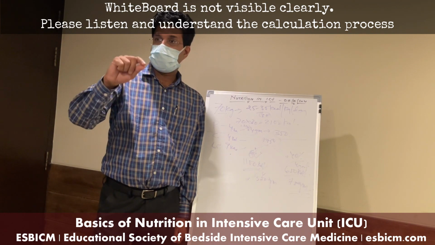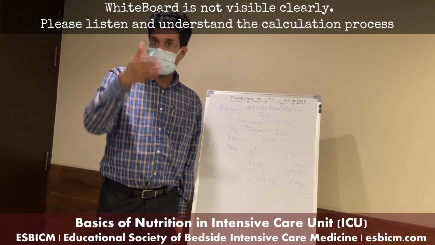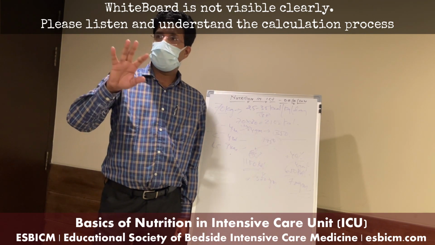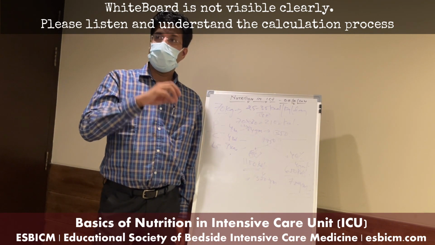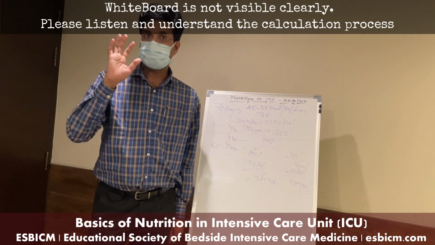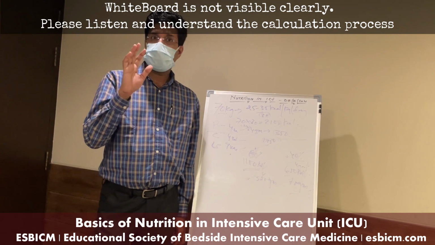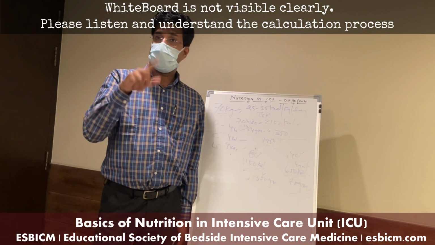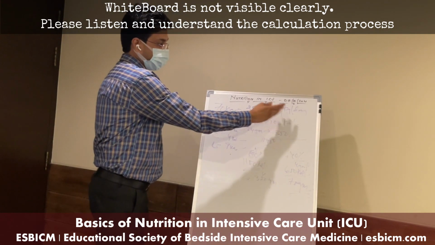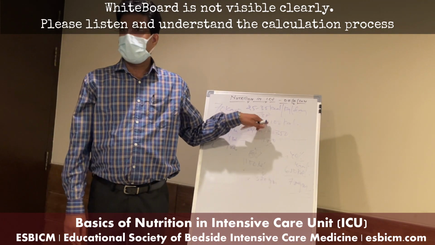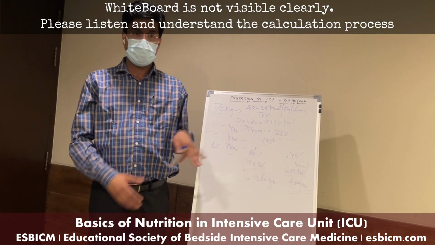When you calculate this on the basis of the formulas and the feed literature given, a normal supplemental feed will be 6 scoops of feed, total 8 feeds, and every 6 scoops mixed with 130 ml of water. That's the way you should plan. So 6 scoops, 130 ml, 8 feeds per day. That will give you approximately this much amount of calories to the patient. You get an idea?